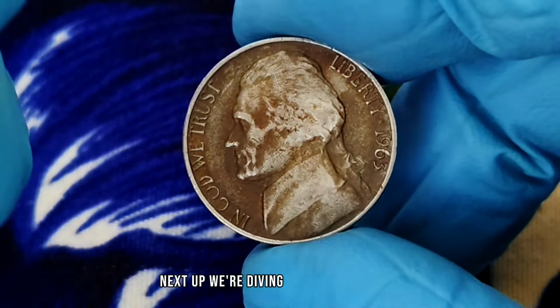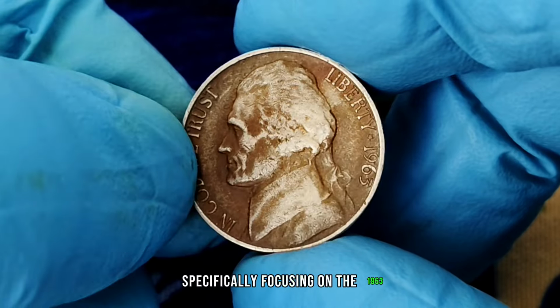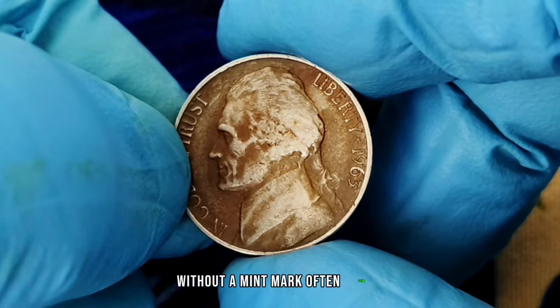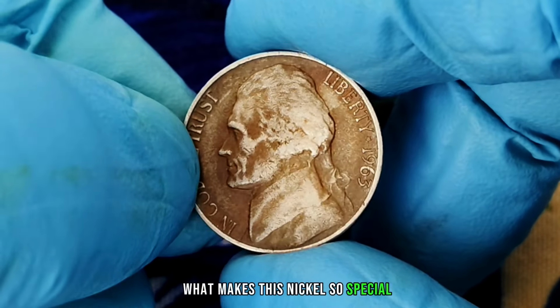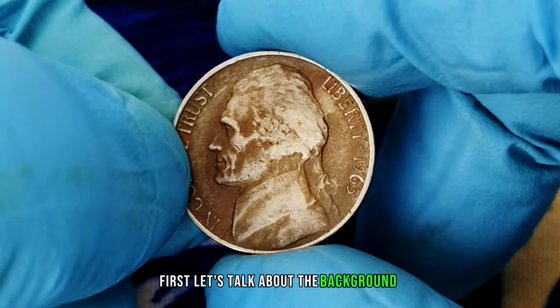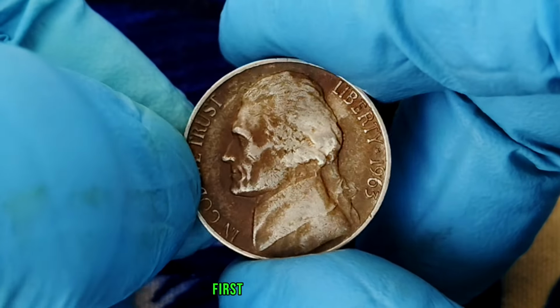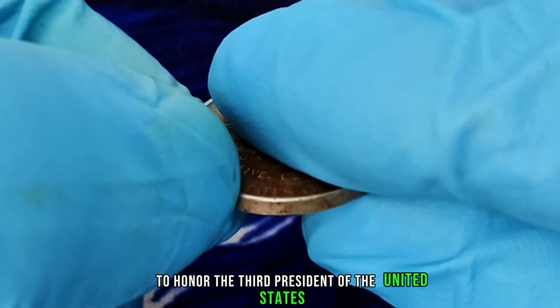Next up, we're diving into the fascinating world of rare coins, specifically focusing on the 1963 Monticello Jefferson nickel without a mint mark, often found in stunning black color shades. What makes this nickel so special? What's its value in today's market? First, let's talk about the background of the Jefferson nickel. The nickel has a rich history, first introduced in 1938 to honor the third President of the United States, Thomas